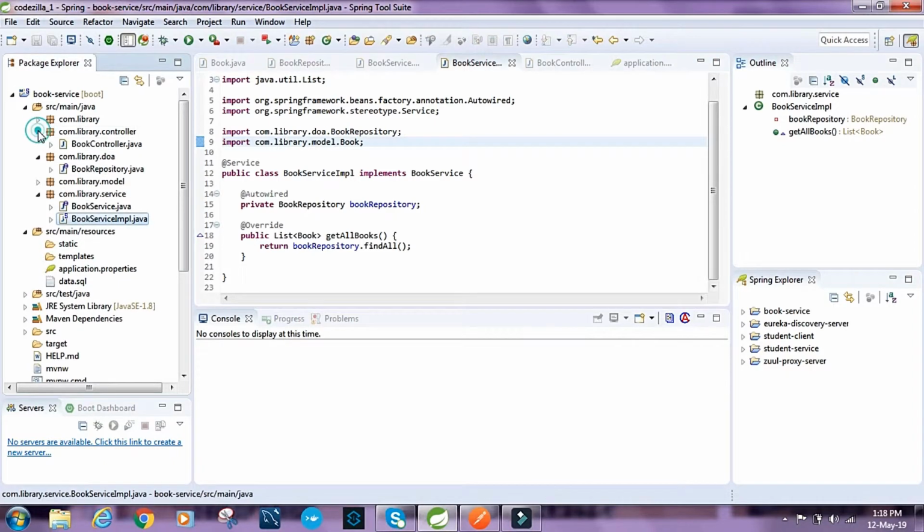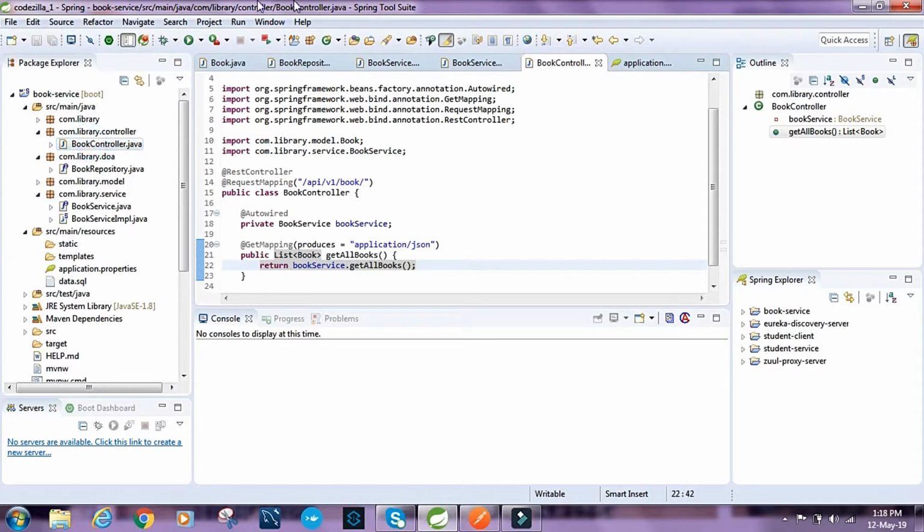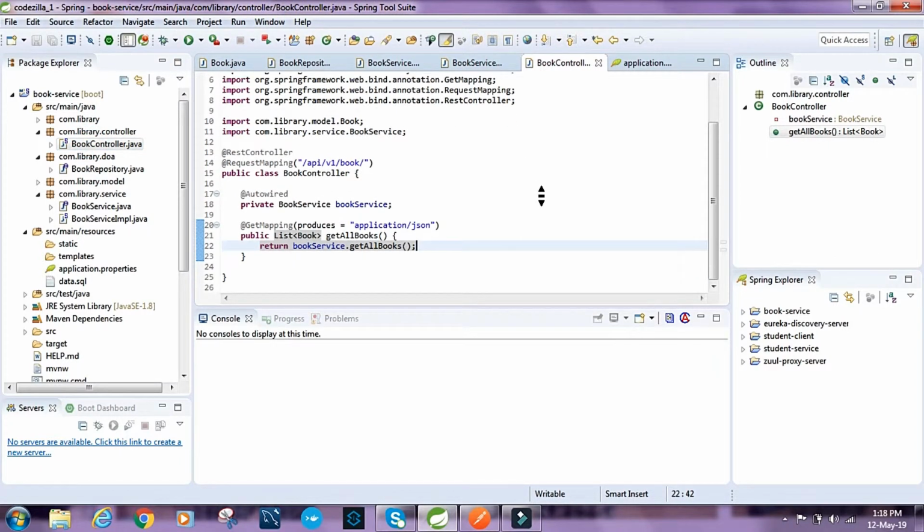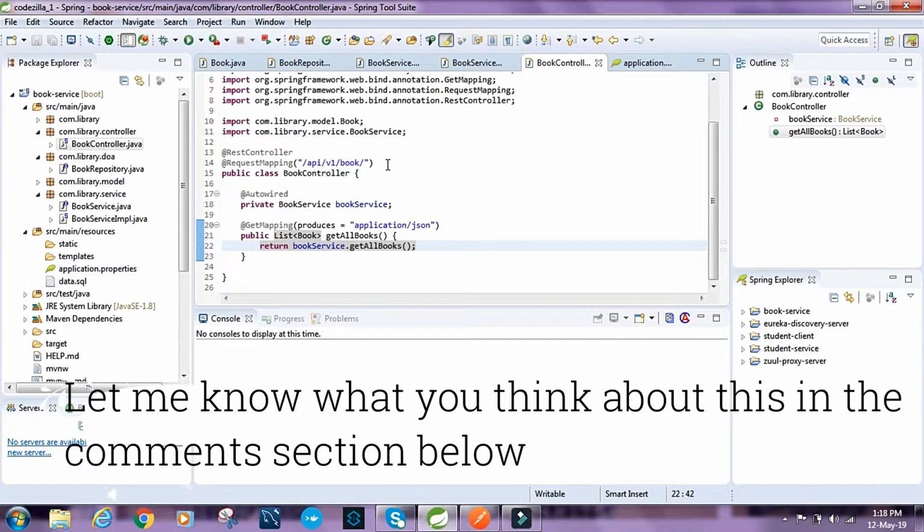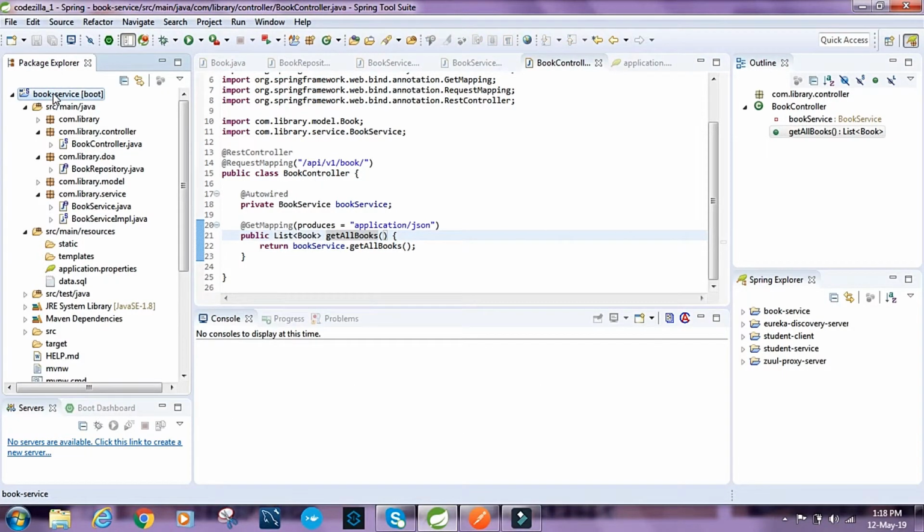And then we set up our controller, and we set the request mapping for this controller as /api/v1/book, and then we provided a mapping, and we set this method called getAllBooks, which basically fetches all the books from our database. So let's run this project